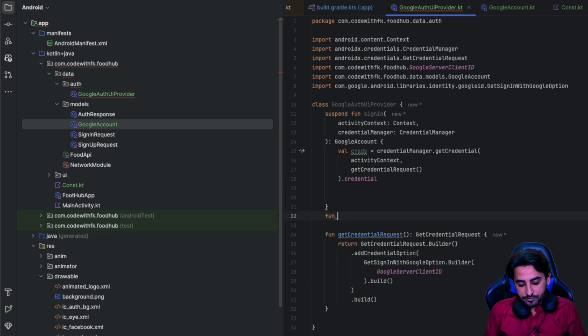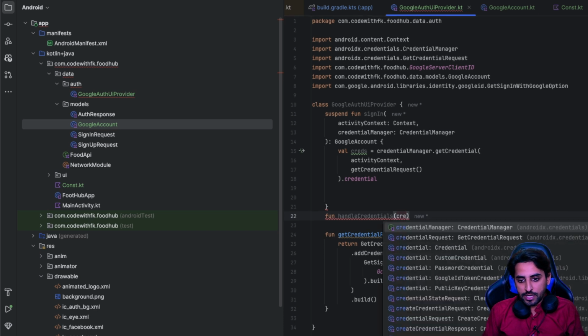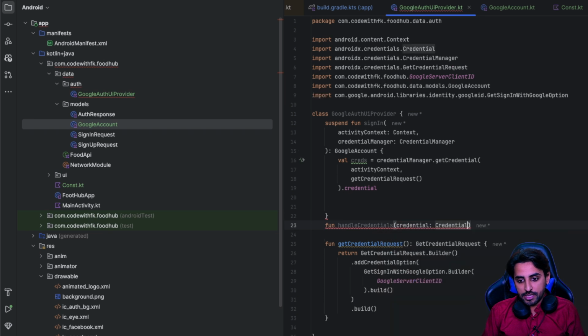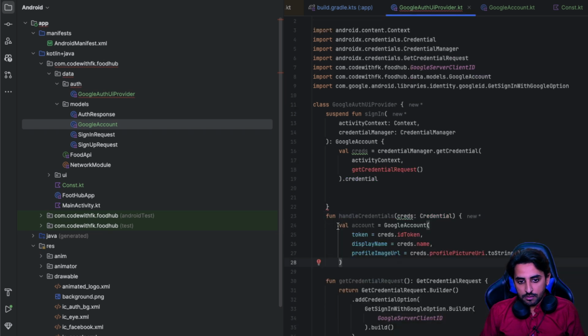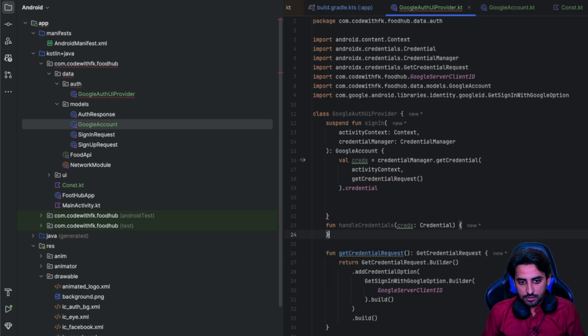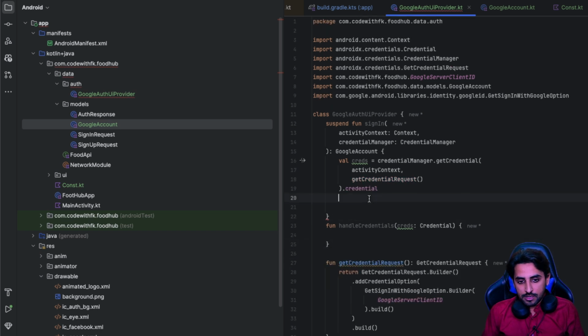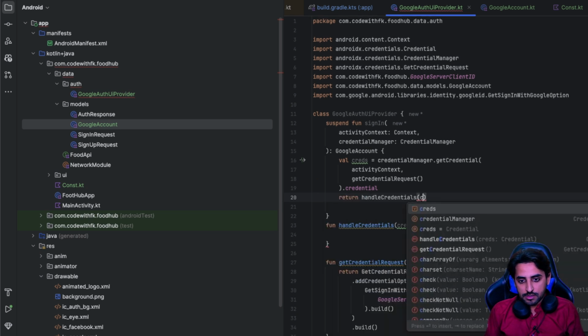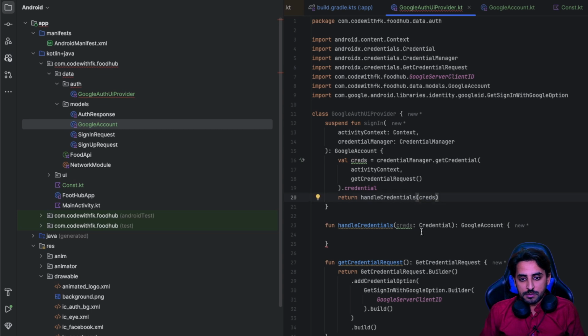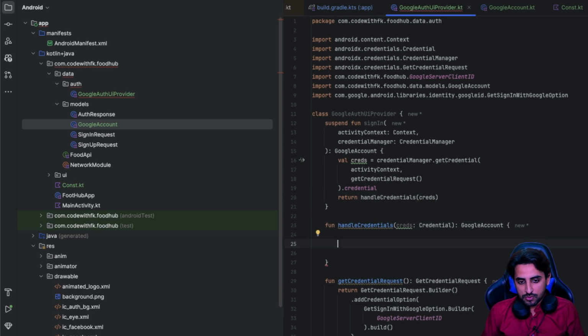We'll create a function, and let's call it handle success, or handle credentials. Okay, and then we will be basically requiring the credentials from there that we get. That is going to be this. Okay, we don't need this for now, let's just get rid of that. But yeah, we got these creds, and then it is gonna return a Google account as promised. Then over here we can just call it something like this with the creds. So once you do that, this function will be called, and this function is supposed to